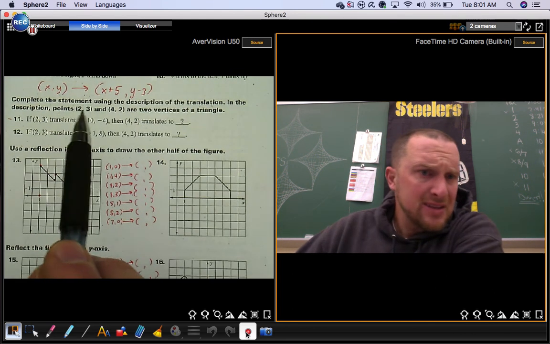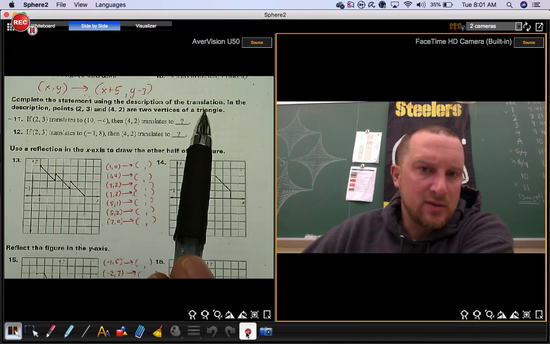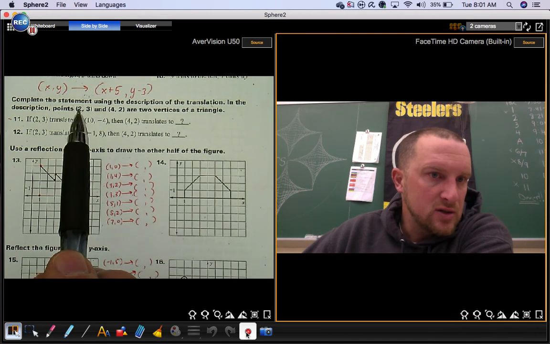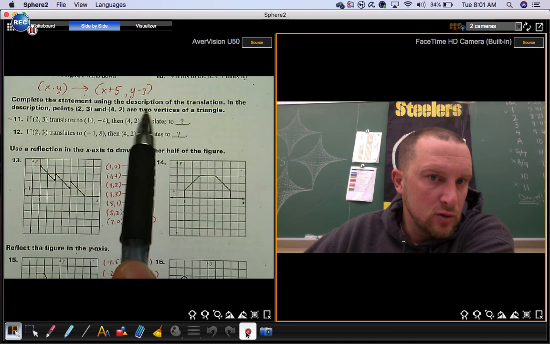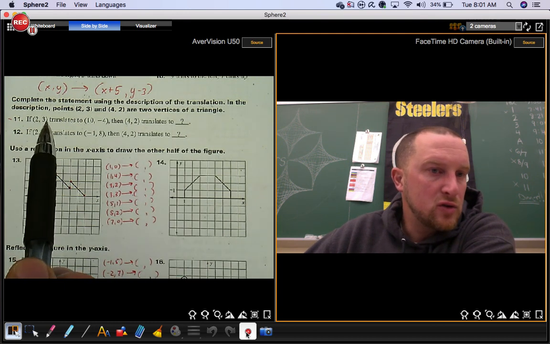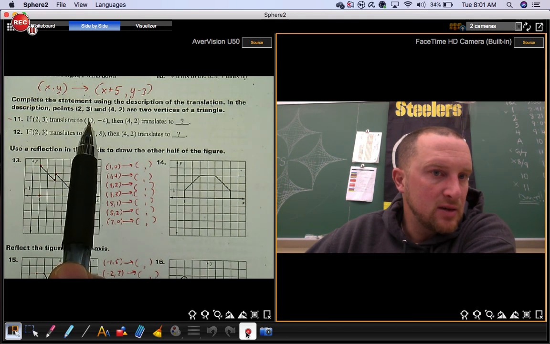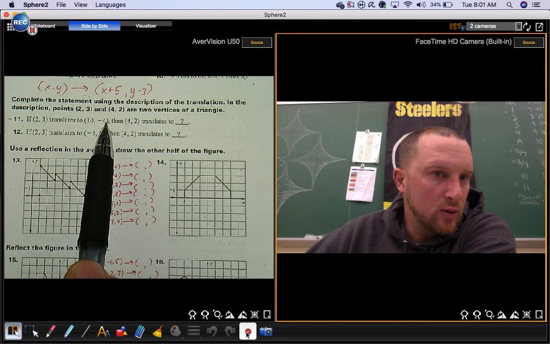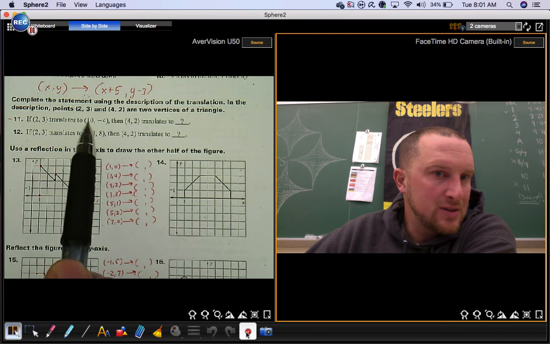Next section, complete this statement using the description of the translation. In the description, points (2, 3) and (4, 2) are 2 vertices of the triangle. So here's ordered pair (2, 3). It's going to translate into positive 10, negative 4. So if you're going from 2 to 10,